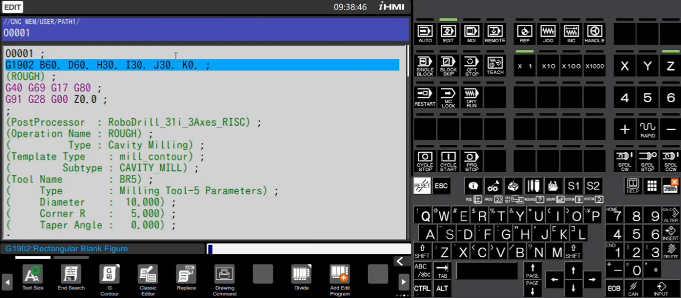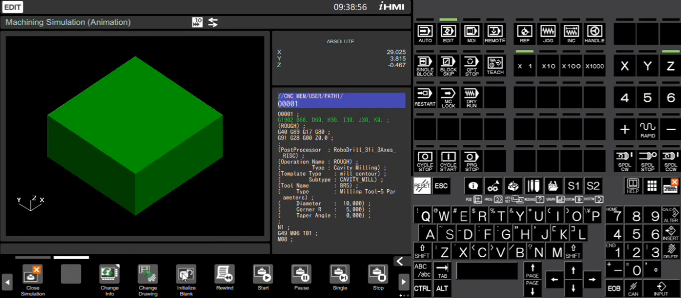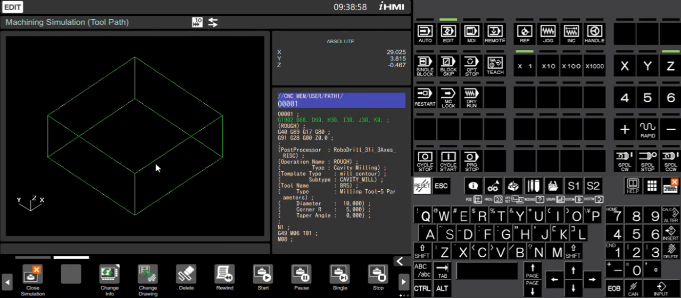Press the right arrow up to the simulation option. Press the simulation soft key. Press the change drawing soft key for the 3D toolpath. Press the next arrow soft key for the next page to select multiple options like zoom in and out, rotation, simulation speed